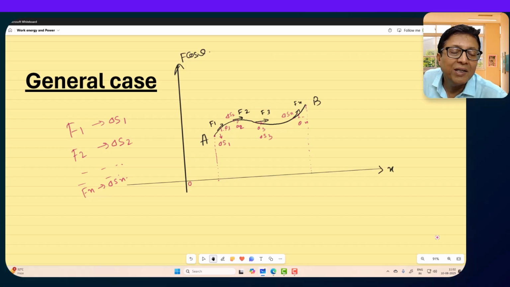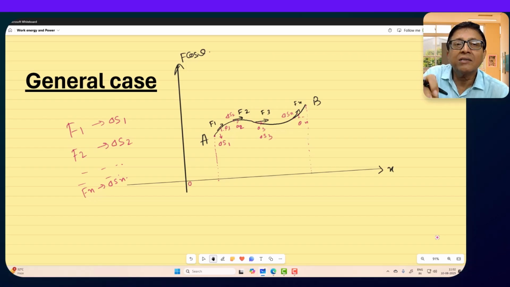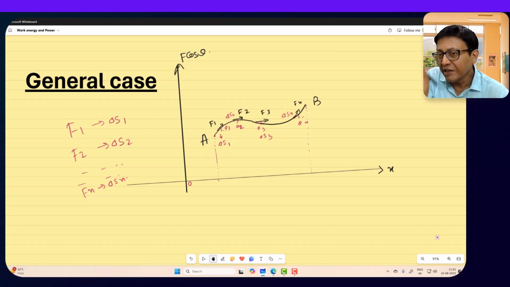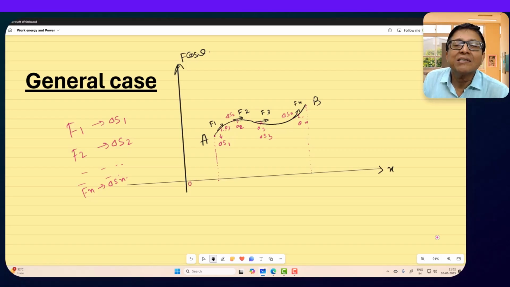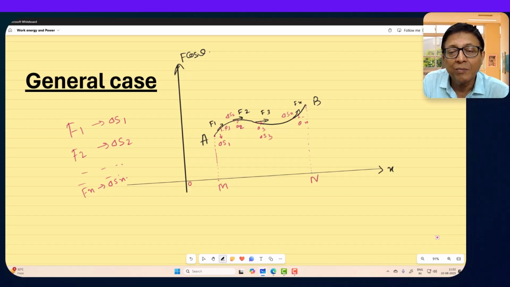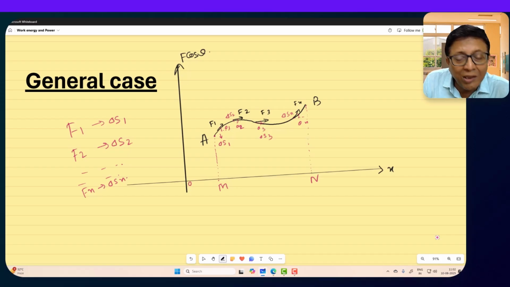What will happen? Let us link with the concept we have already learned. Along x-axis, area will be there for work done, and that work done will be total area bounded by the curve with the x-axis. So we are assuming that it goes from A to B. Along x-axis, it is from M to N, certain x coordinate x1 to x2 say. So to calculate that work done,